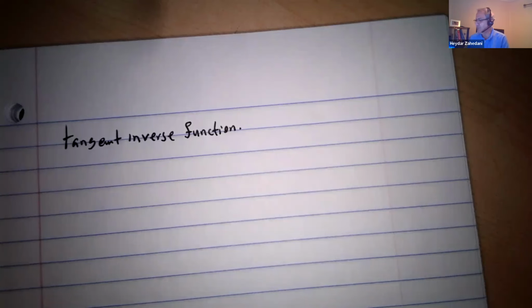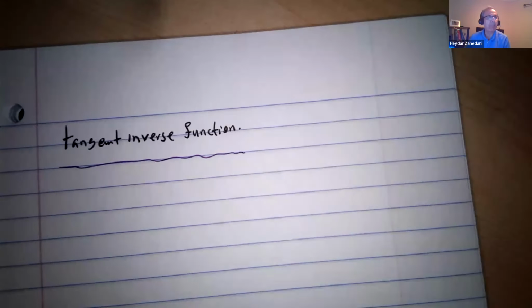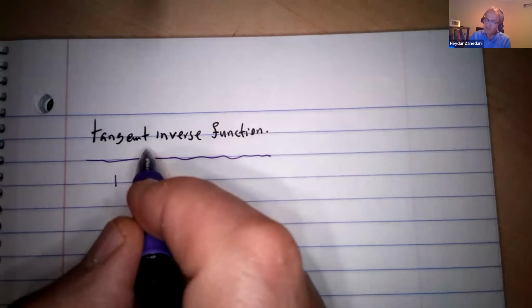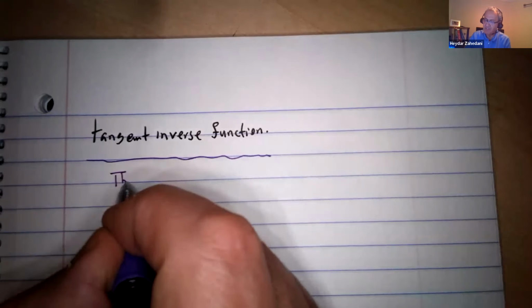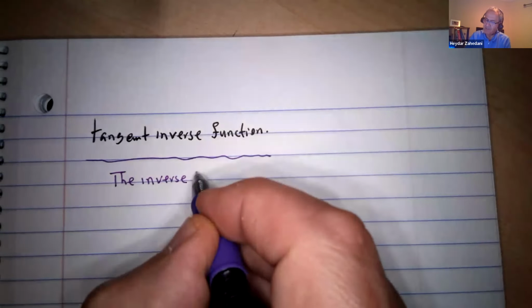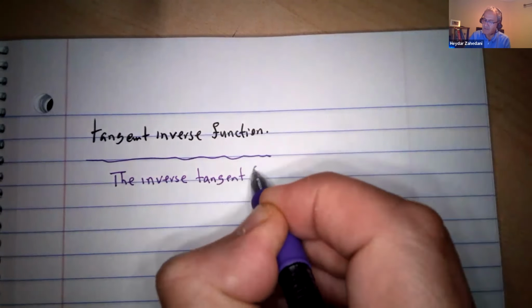We can do the same thing as we did for the sine inverse function, but I'm going to introduce this one right away. The inverse tangent function, or tangent inverse function, it was the other way around, the inverse tangent function,